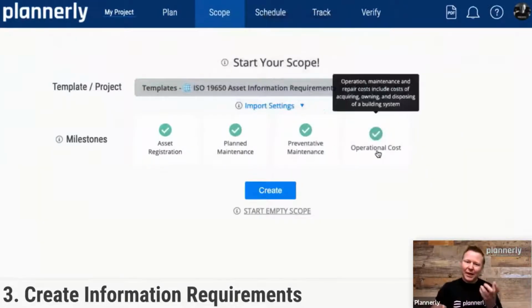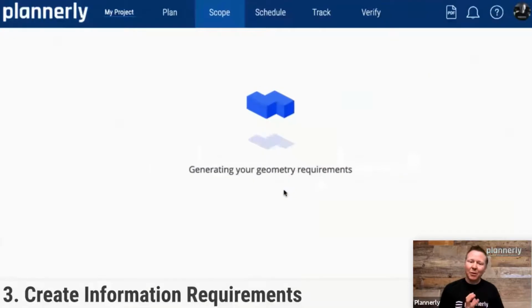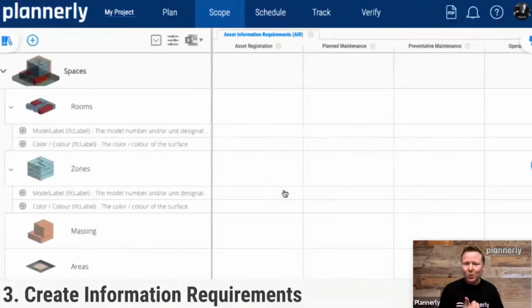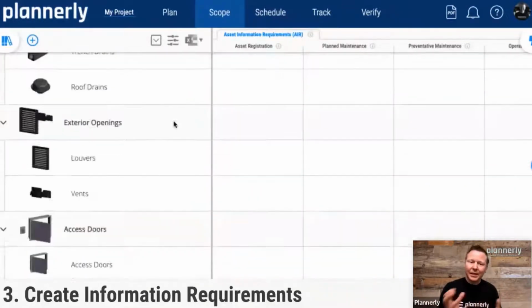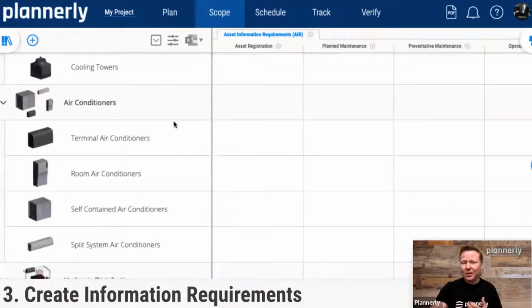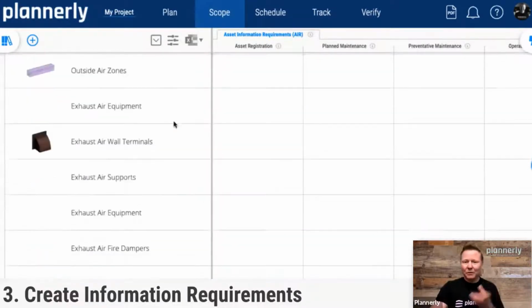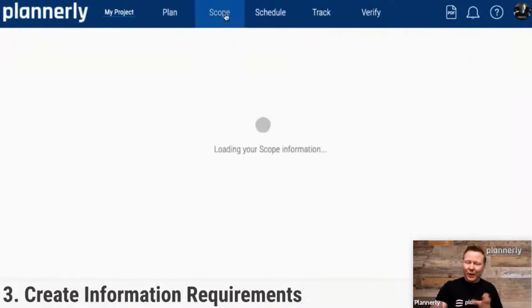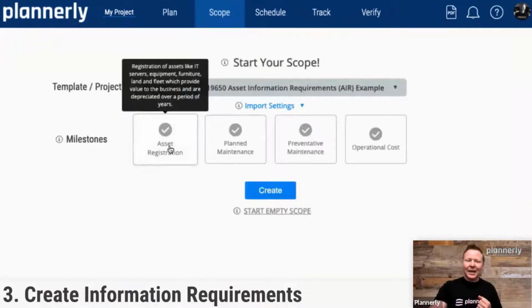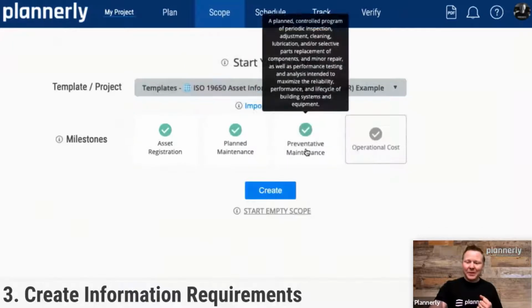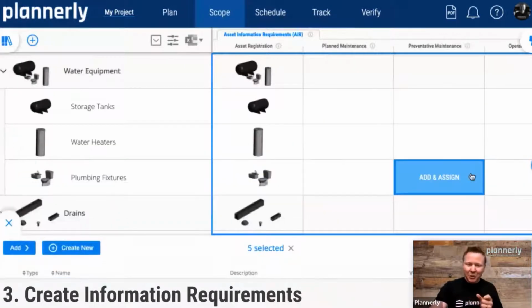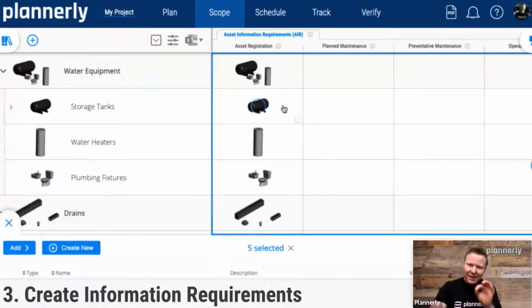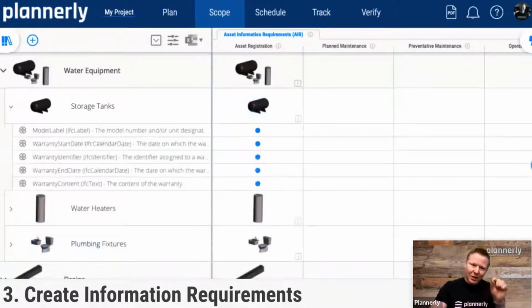But we can also create the scope, the detailed requirements for who is needing to do what at what point in time. Here, this is an asset information requirement set. What assets, what information, at what point in time, and for what purpose. Being able to define that really quickly in the scope. And maybe, did I move that one forward? There we go. And also being able to define the detailed information requirements as well on each of those assets.